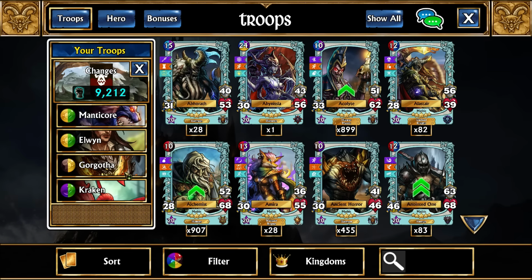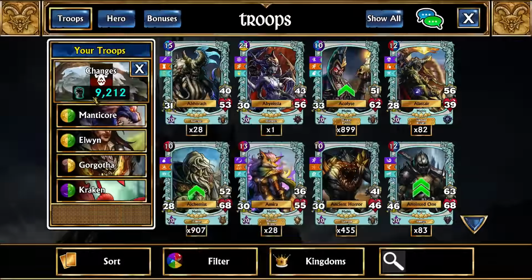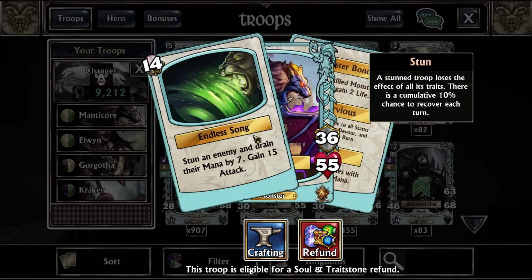Everyone, I am Tacet, and today I'm going to be going over some of the changes to Gems of War troops that were added in 2.2. Not that many were changed. There's about 8 changes, so all of them are on the website at that link right there. Right there are all of them, but we'll go through all of the most important ones from there, such as